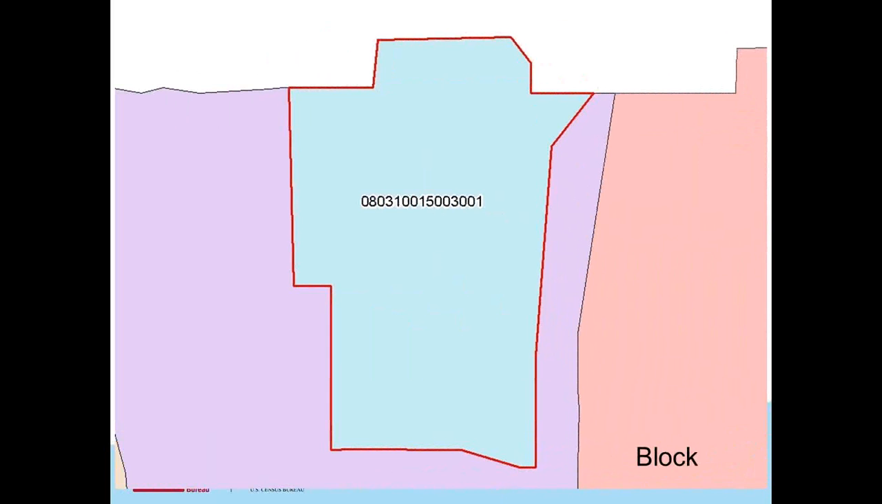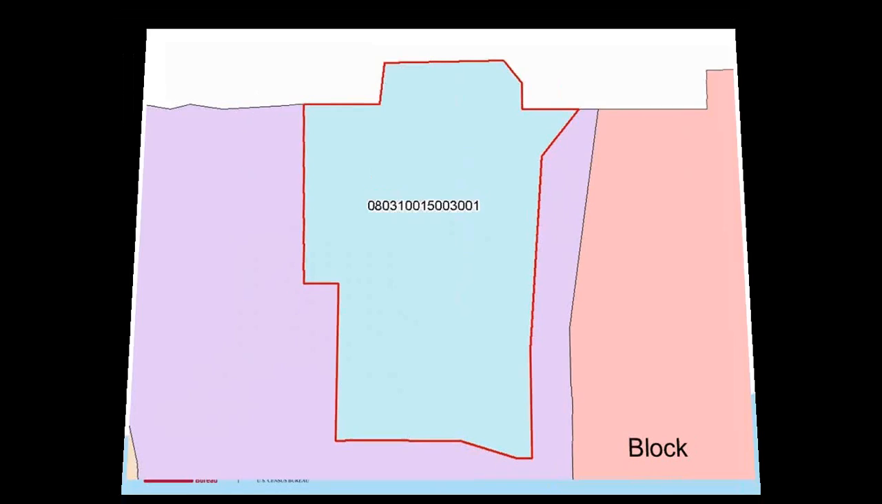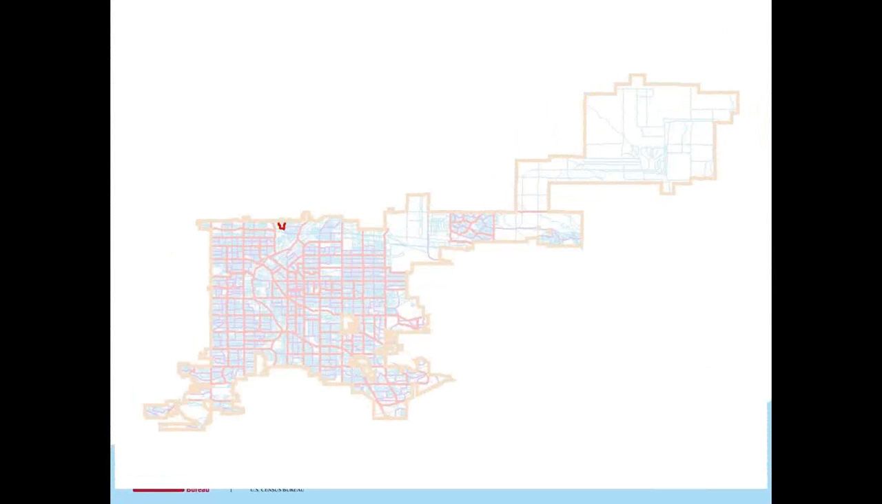We now have 15 digits that's unique for this block in the entire country. So every block polygon in the country has a unique code assigned to it. And there are approximately 13 million blocks in the United States. So here is that block with the tracts in block showing for Denver County. Not a very good view there, but